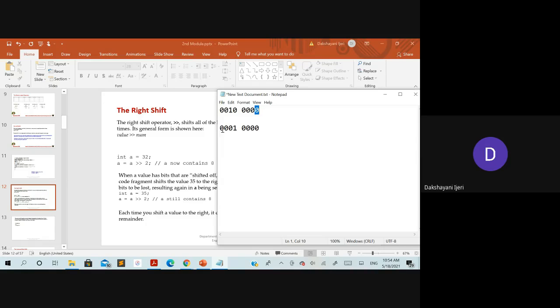it is not always filling with 0. It is going to be filled with whatever the preceding value you have here. Right. So once you shift, the preceding value is this 0, and the same value needs to be filled here after shifting. Okay. So this is the first rotation.